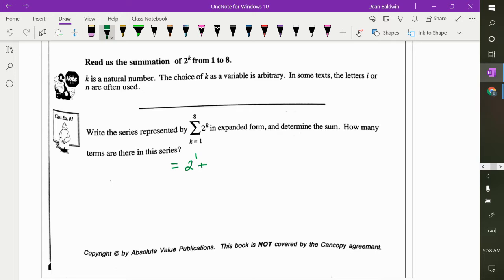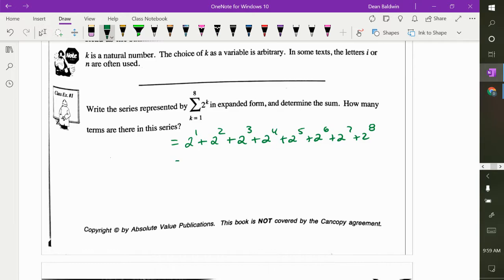And then you write the next term. You put k is equal to 2 into it, so I get 2 to the power of 2. I'll rewrite them in actual numbers after this in a sec. And then it's 2 to the power of 3, 2 to the power of 4, 2 to the power of 5, 2 to the power of 6, 2 to the power of 7, 2 to the power of 8,